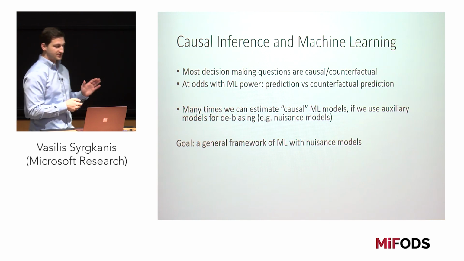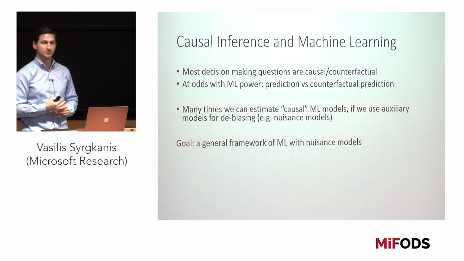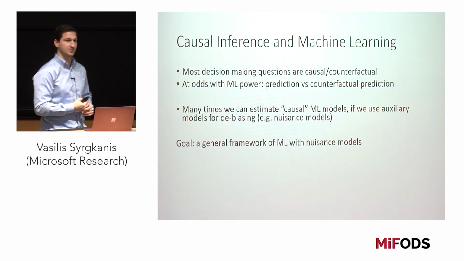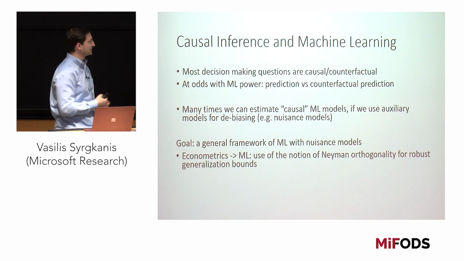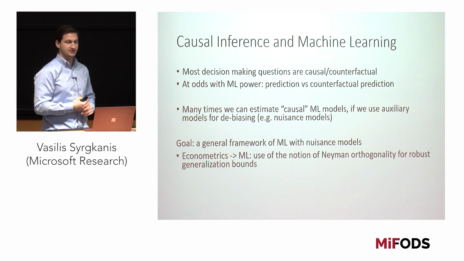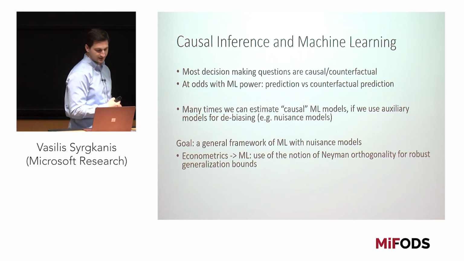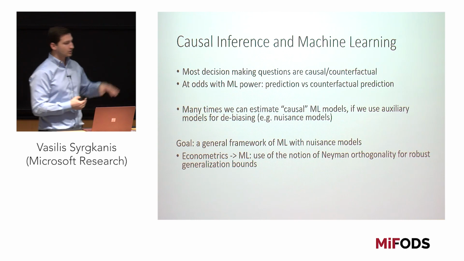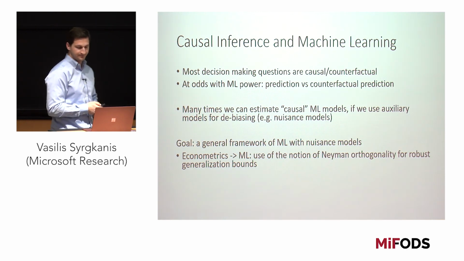And the two main points are that there's a lot of benefit from combining techniques from both econometrics or semi-parametric statistics and machine learning. One is that from the field of econometrics, there's this very nice notion of Neyman orthogonality that is typically used in a lot of semi-parametric statistical theory. And we'll see in this talk that there is a nice way to combine this notion of Neyman orthogonality and generalization bounds that people typically try to prove in machine learning.